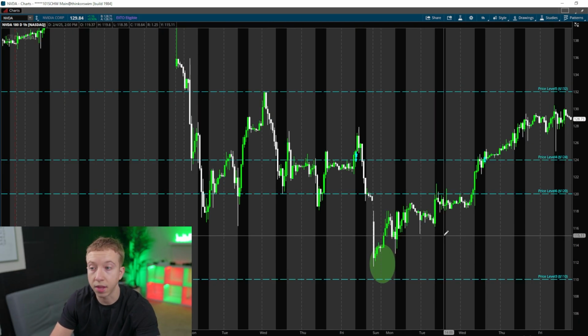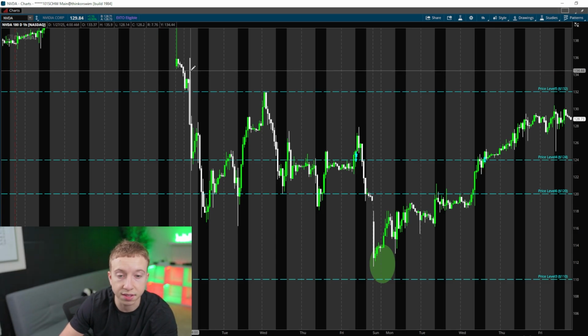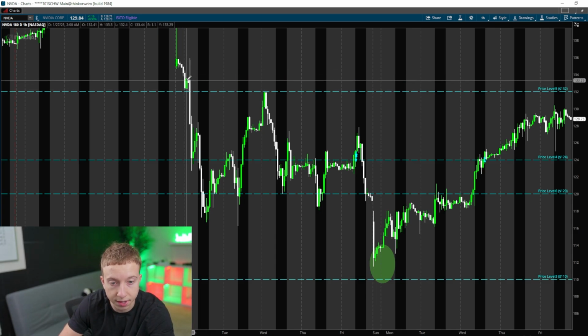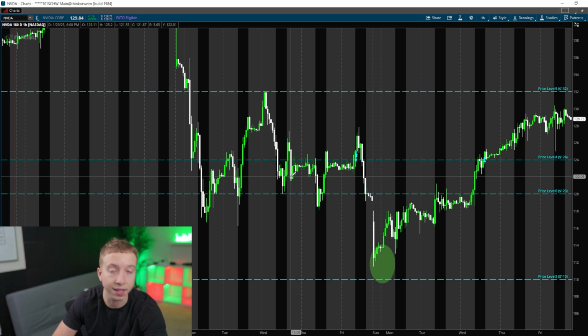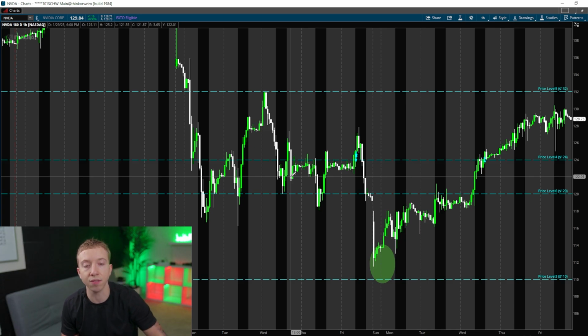Let's take a look at something like Nvidia, for example. As you guys can see, we have this nice reaction there. People taking profits. Then we have this huge move to the downside. It comes back up, retests 132 exactly, and then comes back down. Again, as you guys notice, these are all whole numbers. I'll never do 132.4, 132.7, and the reason being is that the reason this is a key level in the first place is